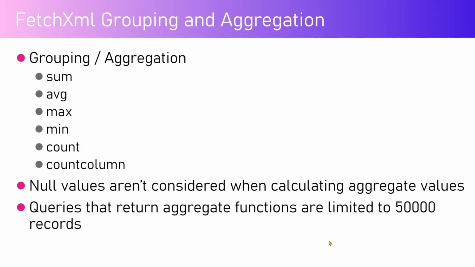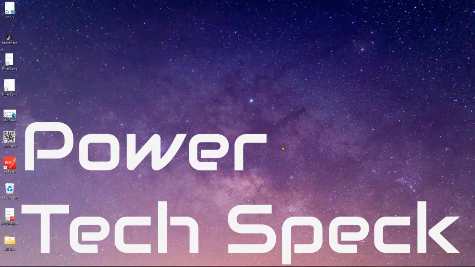Now, null values aren't considered when calculating the aggregate value, so you need to be aware of this feature. Also, queries that return aggregate functions are limited to 50,000 records. Now, let me show you